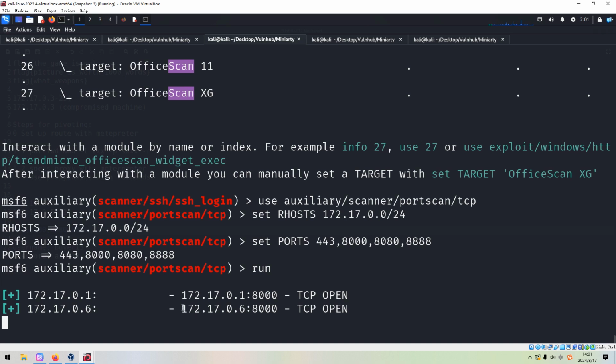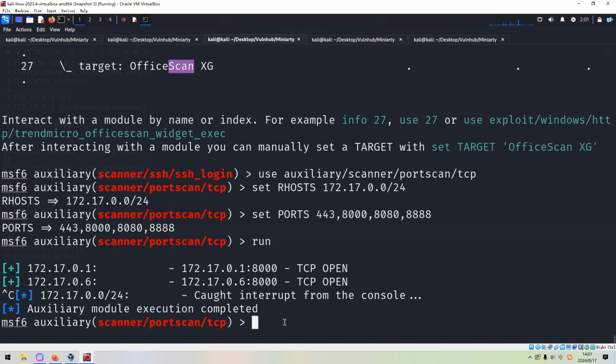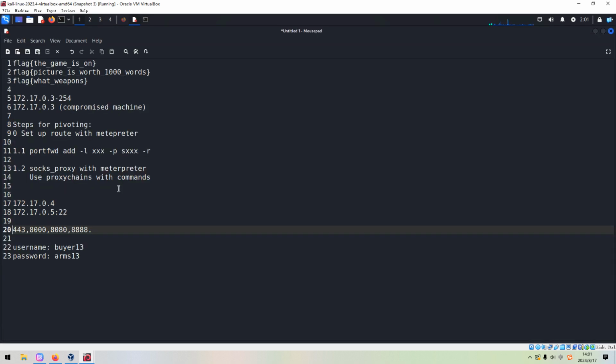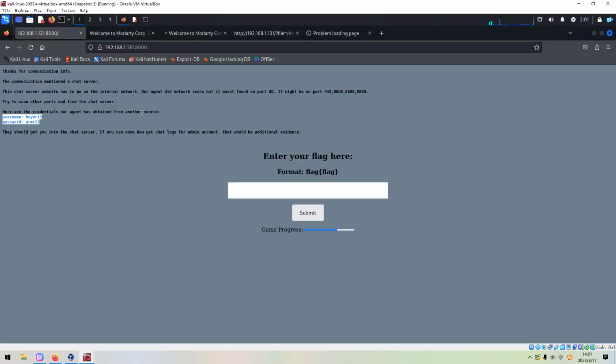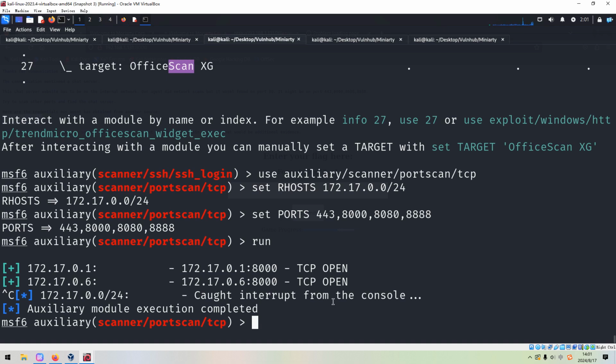Okay, and so I'd like to press Control and C. So I think this should be another machine, and we can paste over here. Next, this time I'd like to use the proxy chain or SOCKS proxy. So how to do?